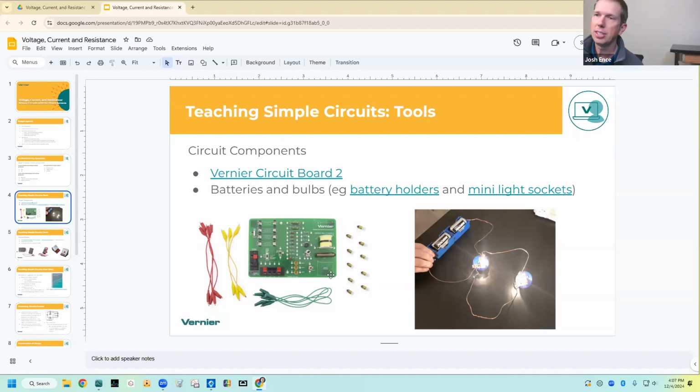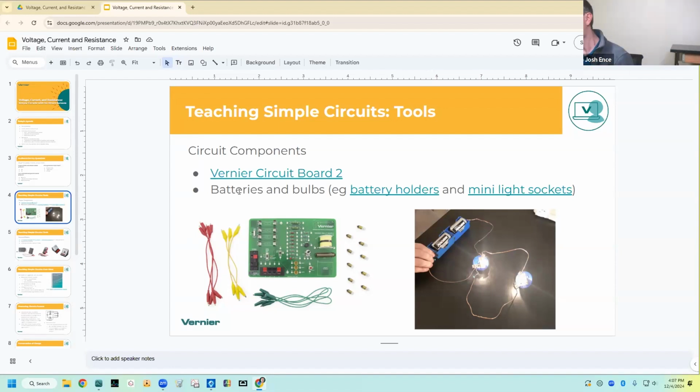It's definitely better for college students or second-year students just because the circuits that you build on the circuit board aren't going to necessarily look like the circuit diagrams that students see in their labs and textbooks. Moving from a circuit diagram to how that looks on the circuit board takes some practice. So batteries and bulbs tend to be easier for those first-year students. If you really want lots of stuff and want to make the most of your money, the circuit boards are great. If you have AP students or second-year students, the circuit board is also wonderful.